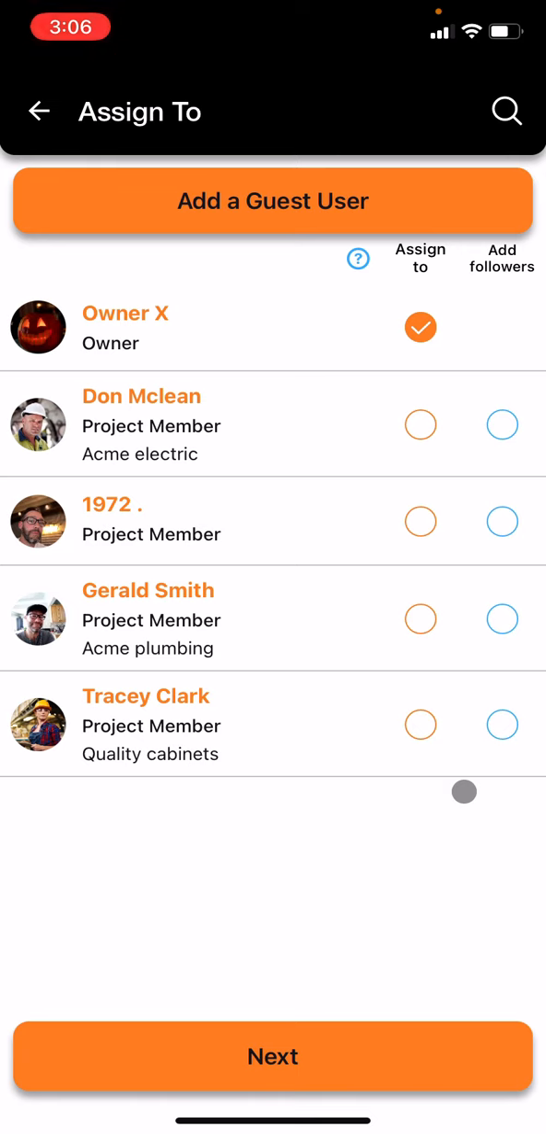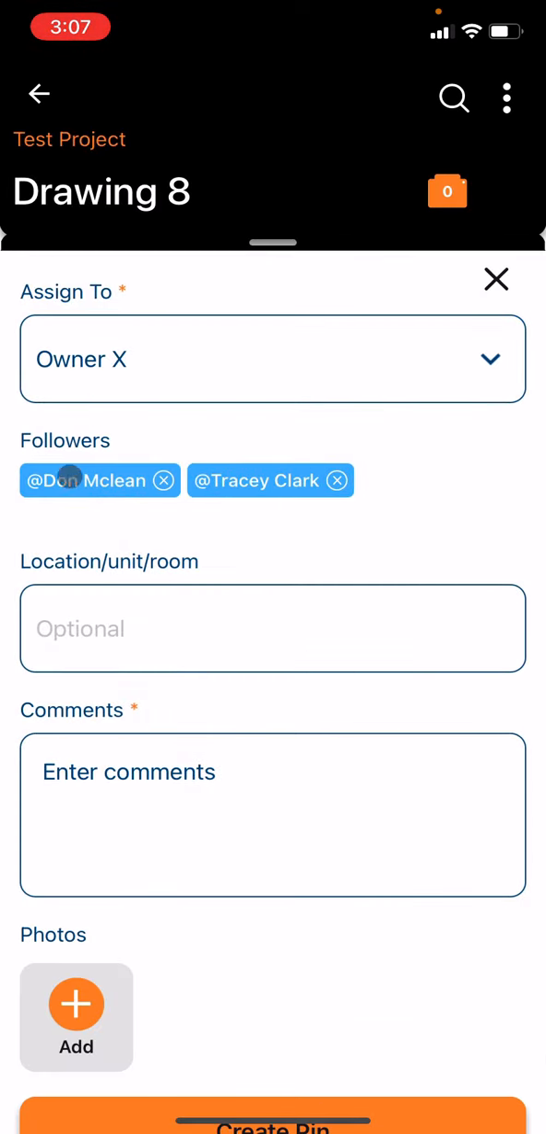So what happens here is your entire team comes up as options to assign this pin to. So in this case, we're going to assign it to myself, but I want to add a couple people to the conversation because I need their input. So I want to add Dawn and I want to add Tracy to this conversation. And from here, I tap Next, and you will see that Dawn and Tracy are added as followers to this